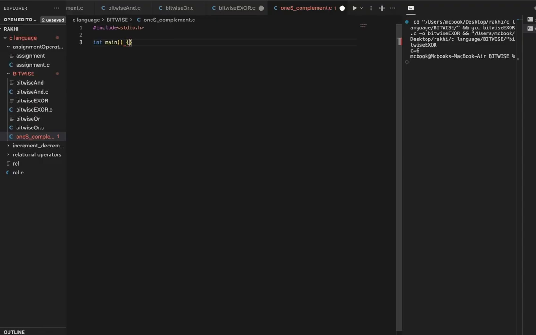We write the library and call that function. First of all, initialize the value, and the one's complement symbol.